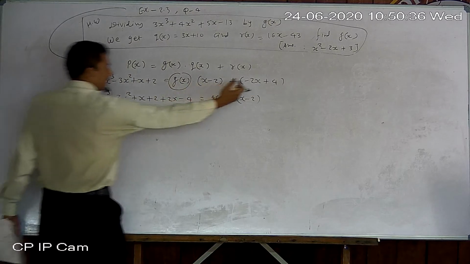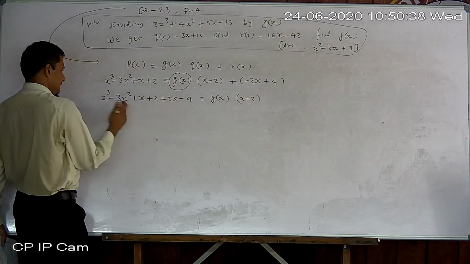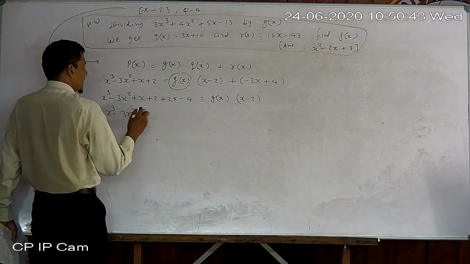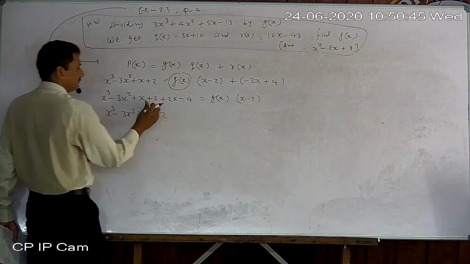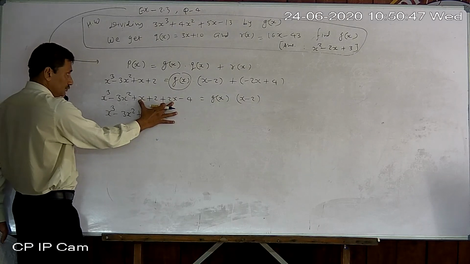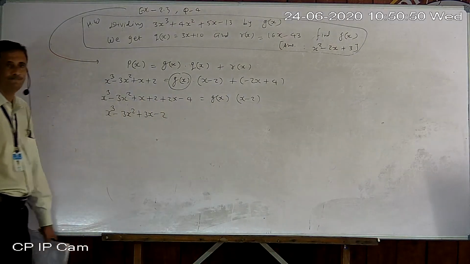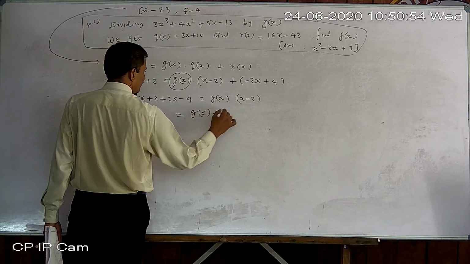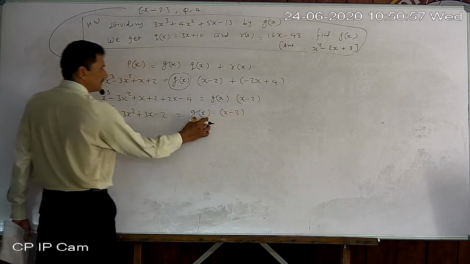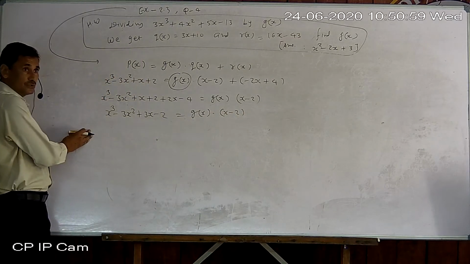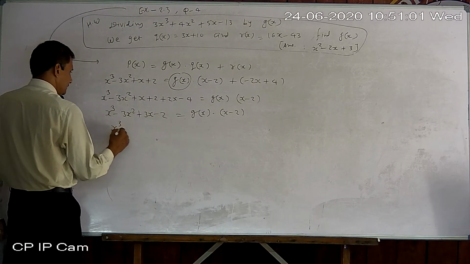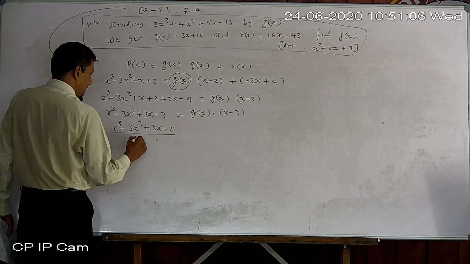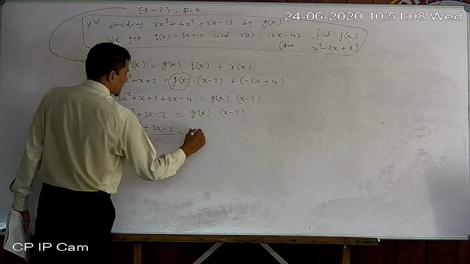That is shifted to this side, so it becomes x cube minus 3x square plus 3x minus 2. Now we want the divisor polynomial, so set x minus 2 also here, so it will go in the denominator. So x cube minus 3x square plus 3x minus 2 upon x minus 2 is equal to g of x, means the divisor